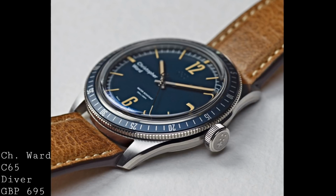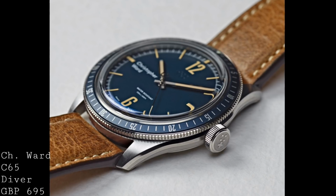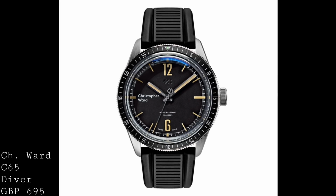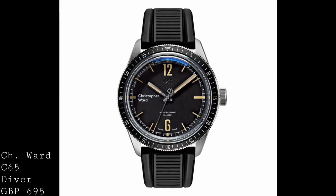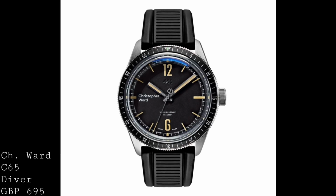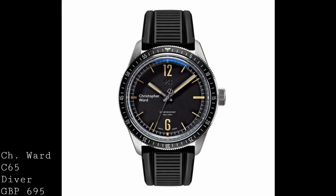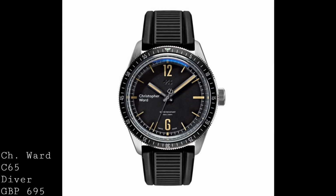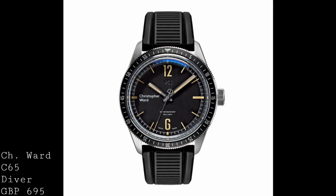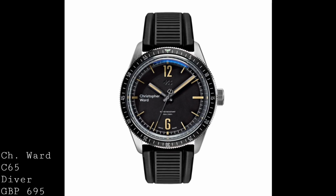Now the watch is 150m water resistant, as I've said, and features a beautiful level of finishing, polishing and brushing on its stainless steel case, with a variety of different edges, as you can see, with brushing on the top of the lugs, and then polished bevels running down the edge, with a large, exposed and unprotected Christopher Ward crown, which actually overlaps with the bezel, which is quite an interesting touch, and has a very deeply signed Christopher Ward logo. And I think the crown is something which really was needed on this watch, to provide a certain balance, and something a little bit more accentuated than simply a small crown in keeping with the rest